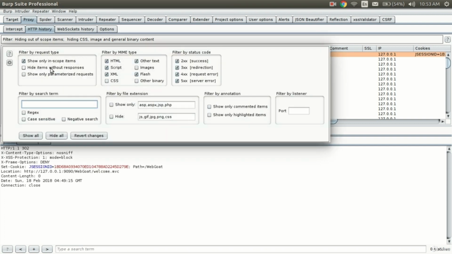There are other methods to filter also. You can filter by MIME types, or by status code, 200, 302, anything; that depends on you. But most of the time the default settings will be okay, and all you will have to do is show only in-scope items. Most of the time this will be more than enough.